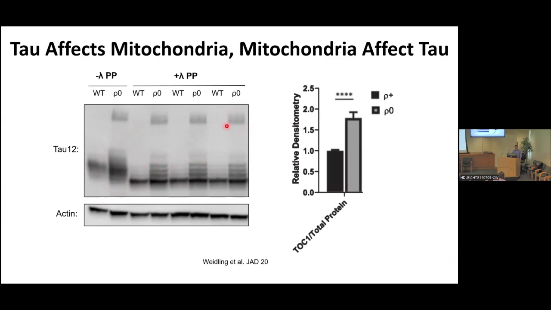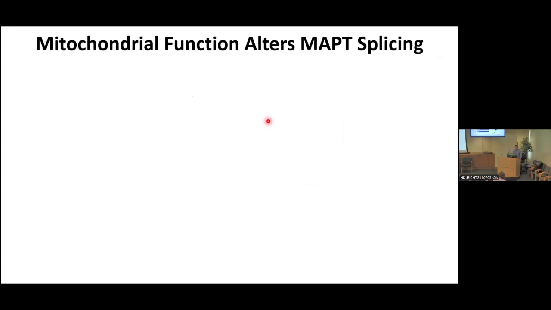And notice this band up here. We spent a lot of time thinking about this band. What does it represent? It's at about 100 kilodaltons, which corresponds in size to an isoform of tau called big tau that normally isn't expressed in the central, well, until recently wasn't suspected to be expressed in the central nervous system, although that's recently changed. And what we found was that